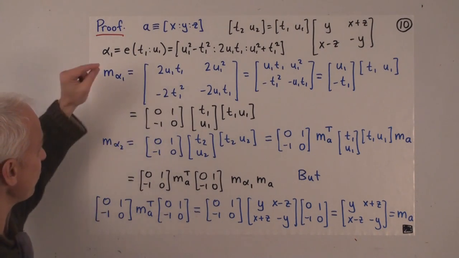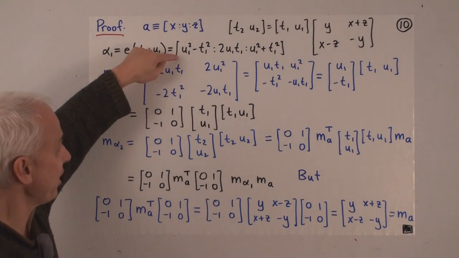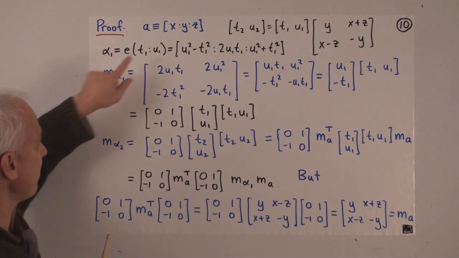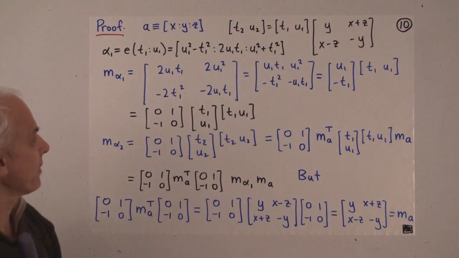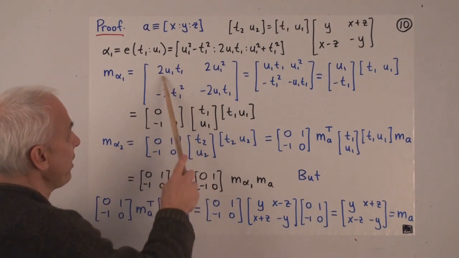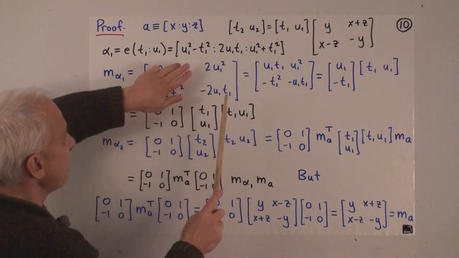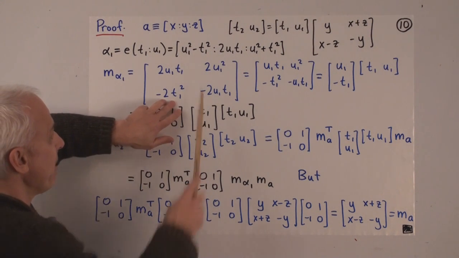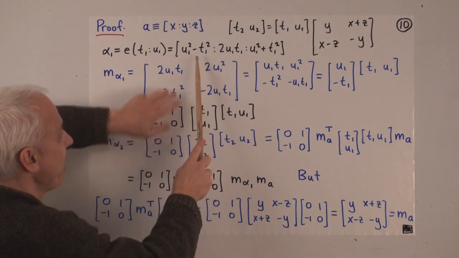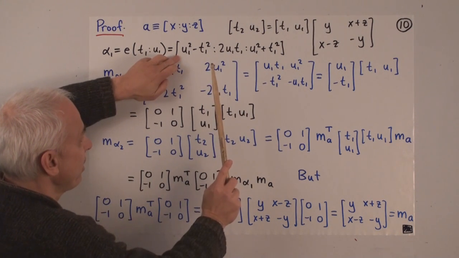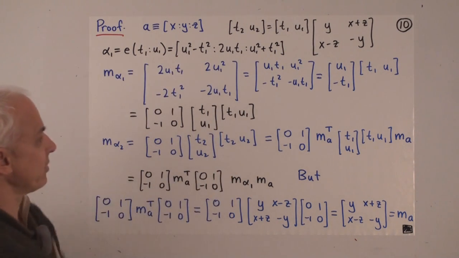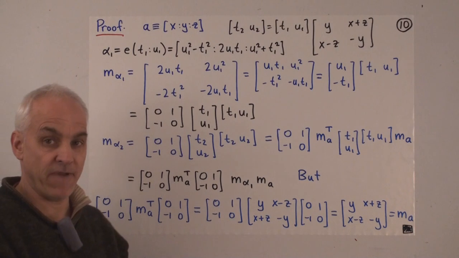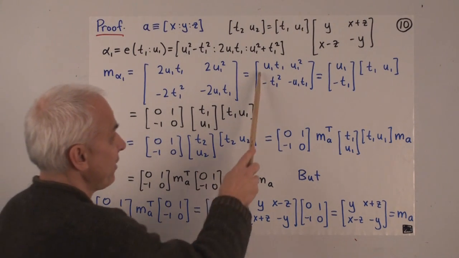So our job is to compute the matrix associated to this one and also the matrix associated to the other one. So how do we find the matrix associated to this? Well, we take the middle coordinate and put it there, and it's negative down here. And then we take the difference, this one minus this one, which is over here, minus 2t1 squared. And we take this one plus this one, and put it up here, that's 2 times u1 squared. Now there's a common factor of 2 here. We can get rid of that common factor because it's just a projective matrix. So we get this matrix here.